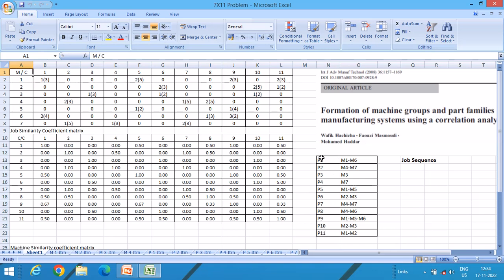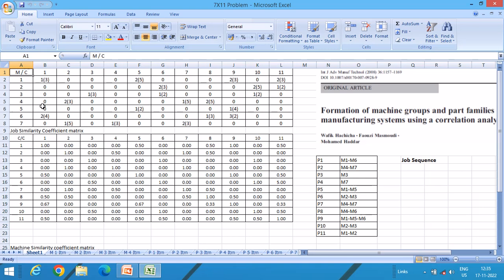That is a route sheet or a process plan for these 11 parts. So we have these process plans. I have simply converted this process plan into incidence matrices, 7 by 11, of 0 and 1, where an operation is there, the value will be 1, and along with that I am including the manufacturing time